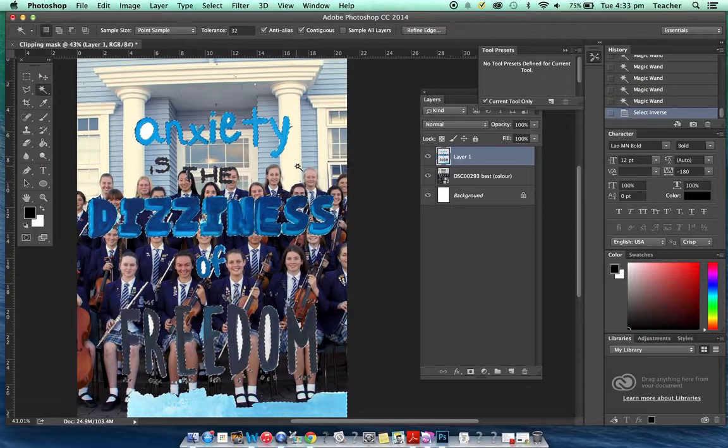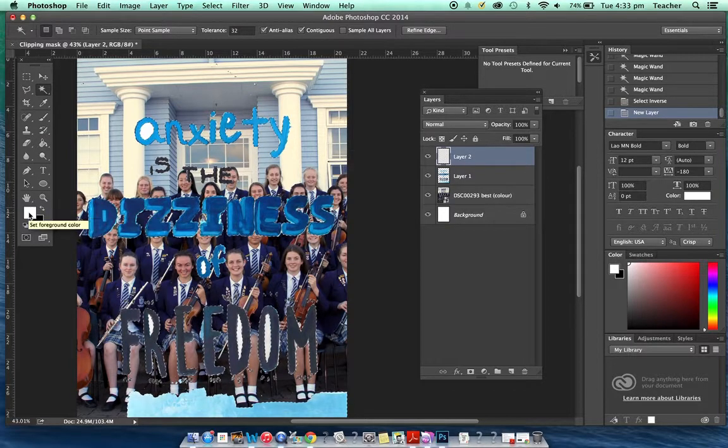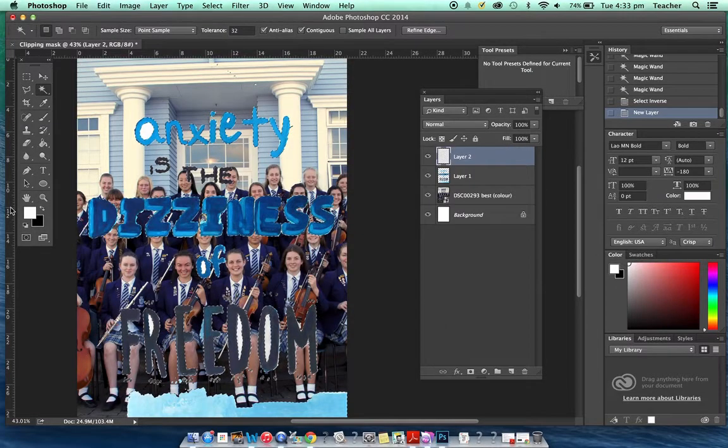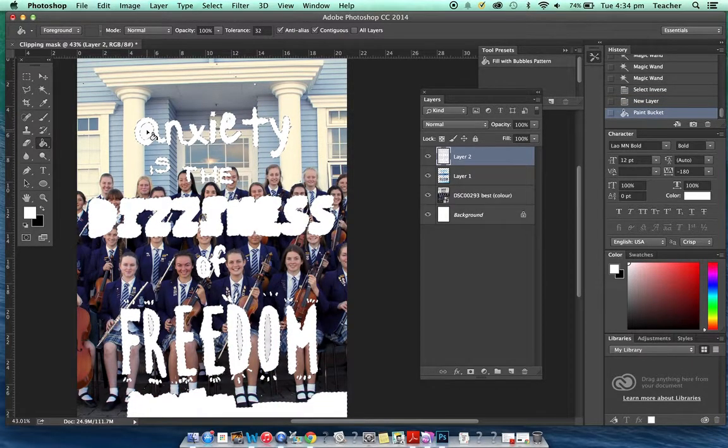So what I'm going to do is I'm going to make a new layer and I'm going to make this white by making sure that that's white on top. If you've got a random color in there, you can just double click on it and change the color, or you can just click that and it resets it. To move those around, you click it like that, this option here. Now you want the color you want to use to be on the top, so that's white. Now I'm going to use the paint bucket tool and I'm going to click inside. Now you'll notice that